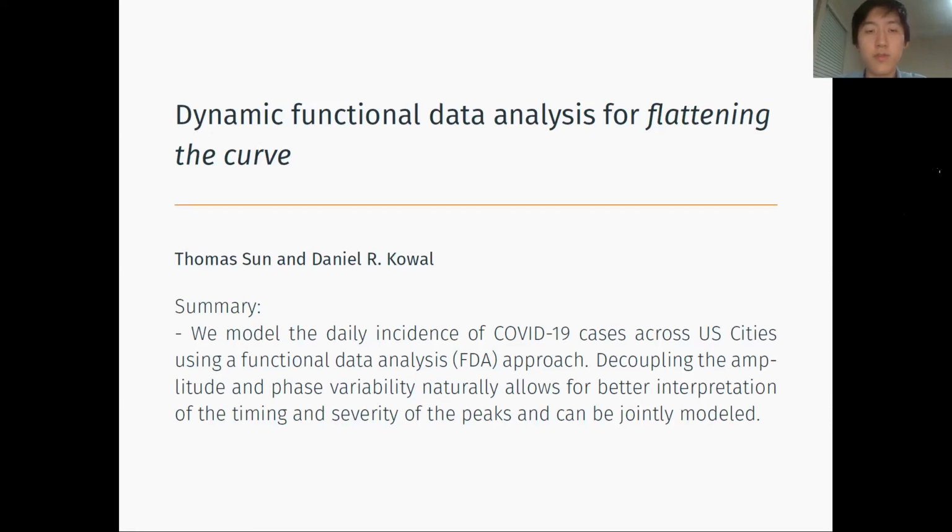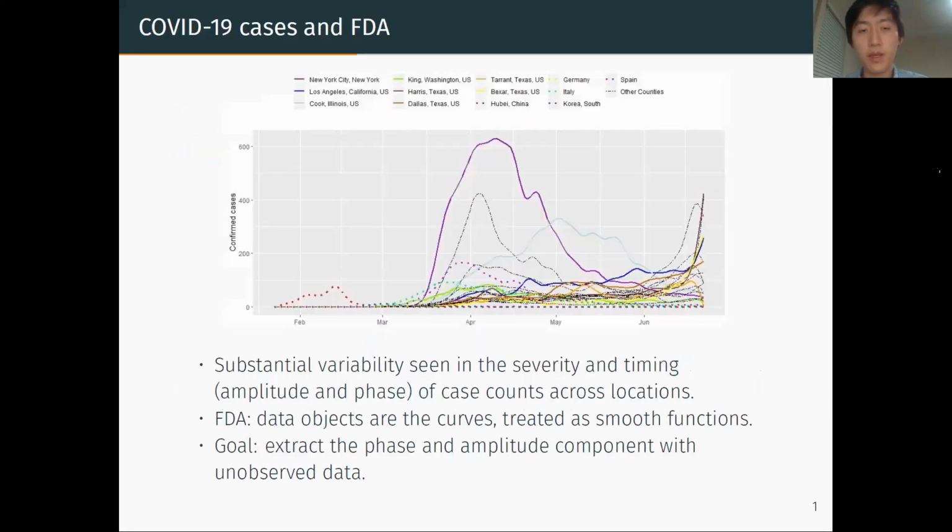This research uses a functional data analysis approach to model COVID-19 cases across US cities. Now, a common narrative we've heard many times at this point is to flatten the curve, that is, to reduce the number of cases of COVID-19 over time. Now, as you can see in this picture, there's been substantial variability across locations in regards to how their curves